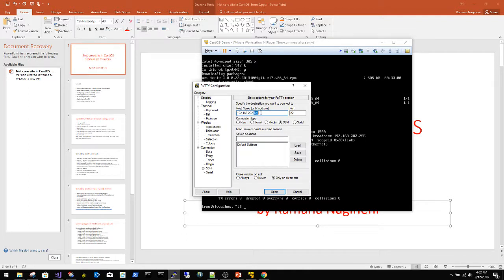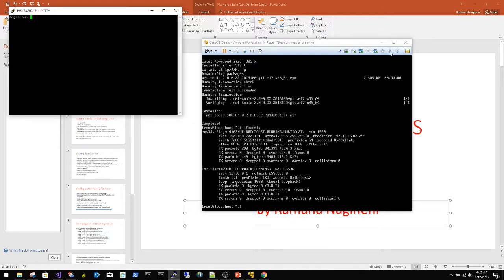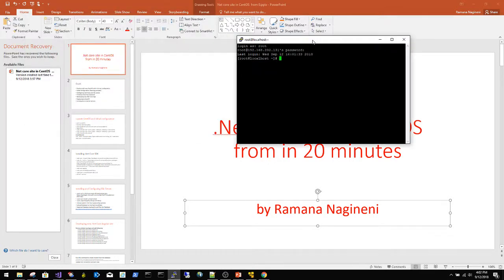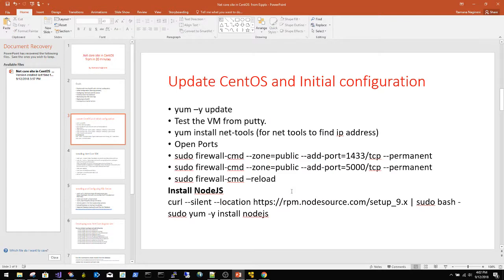So let me start with that one from PuTTY so that I can copy and paste my commands directly on the PuTTY command window. Okay, let me minimize the VMware because from now onwards I will be developing everything on PuTTY. So the next command,